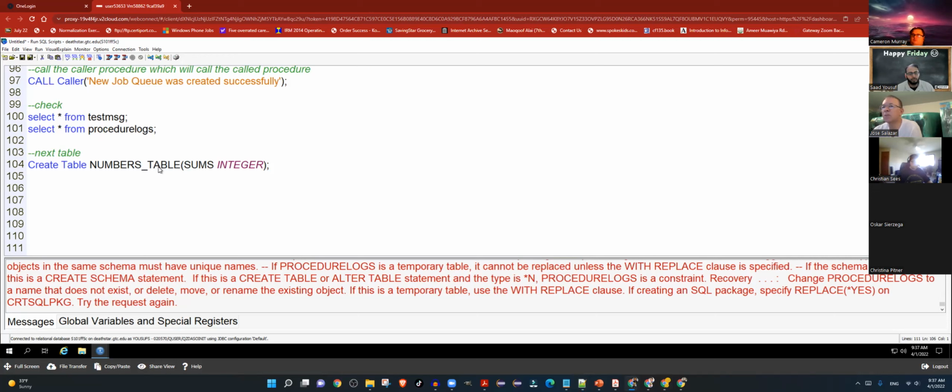Now create a table that will declare one field of type number. So I now want to create a stored procedure that will take several parameters, more than 2 parameters. Some of them will be in and one will be out. So what I want to do is I want to create